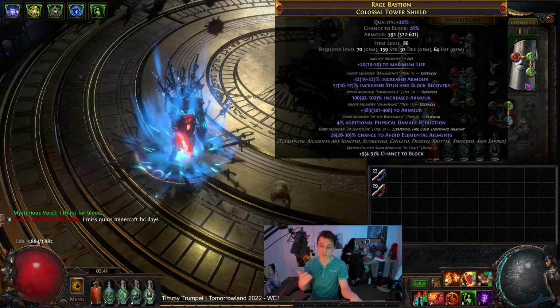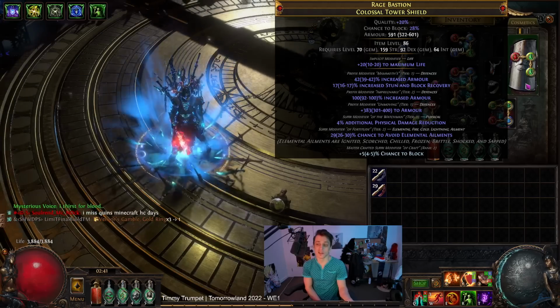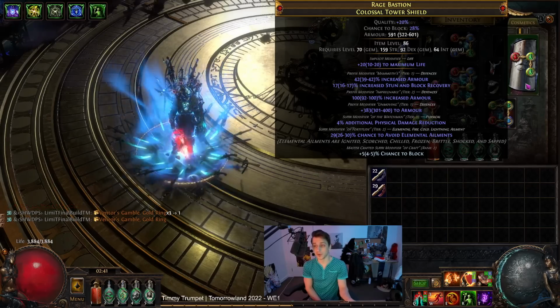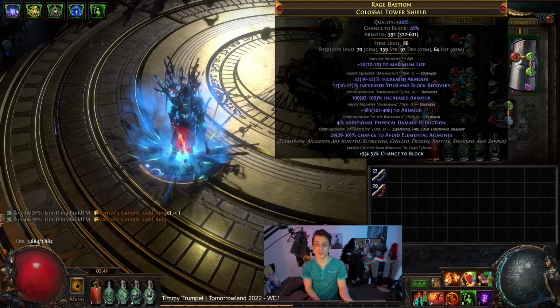So to make this one, basically just grabbed an 86 Colossal Tower. I went with a shaped one just in case we got some nice shaped stuff, but then grabbed Dense and Sanctified Fossil, and this actually happened on the first one. So typically just Dense Fossil spamming will get you some pretty nice armor shields, and then you can finish off